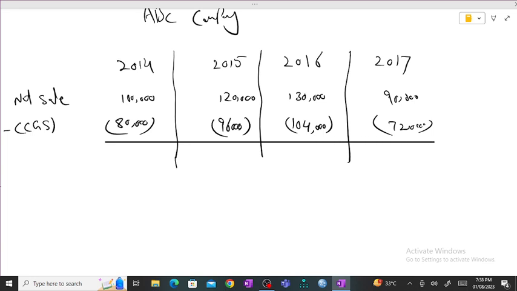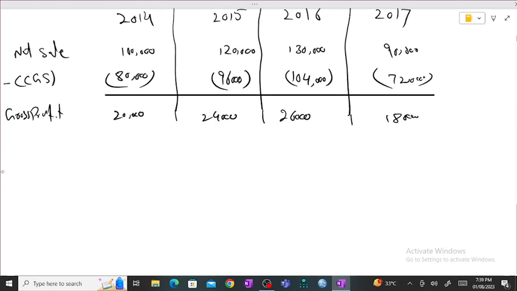Okay, but we have in hand, whenever we deduct COGS from the net sale, what we will get is gross profit. So we have 20,000 over here, 24,000 over there, 26,000 here, and 18,000 here. So what we are going to do is horizontal analysis or trend analysis first. Here we will do trend analysis